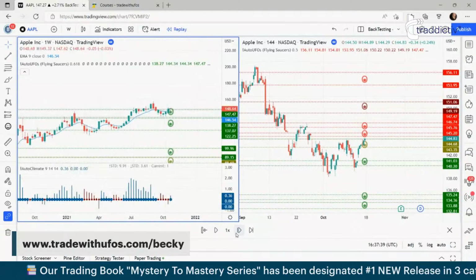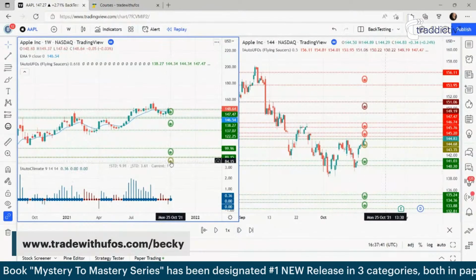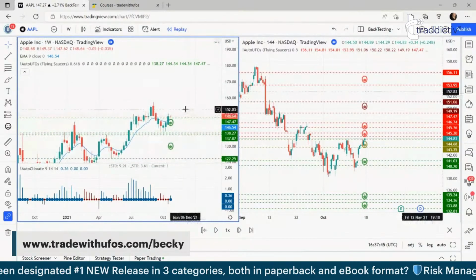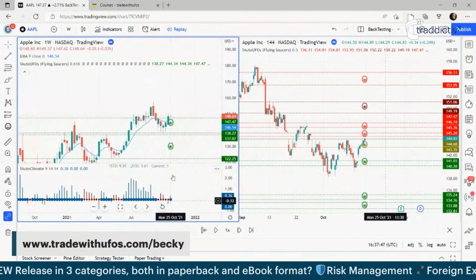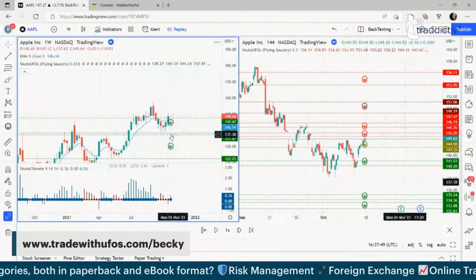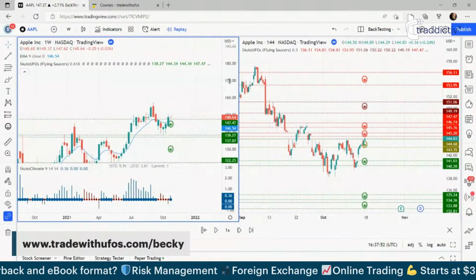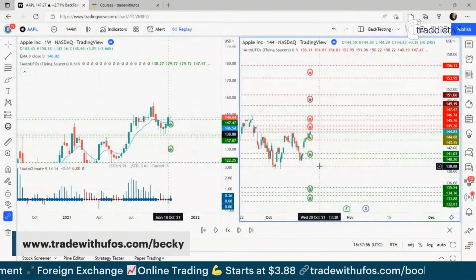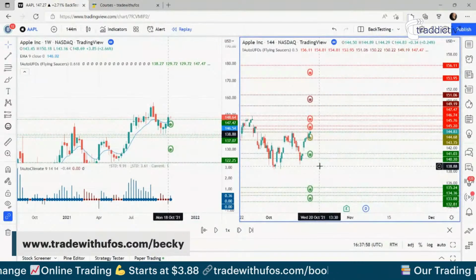Next candle, brilliant. Okay, so on Monday, the 25th of October 2021, we had a thick blue dot on our auto climate. We also had buyers underneath us there. Okay, great. So let's find that place on the right-hand side as well and see what we would have seen. Now, there are different ways we can do this.